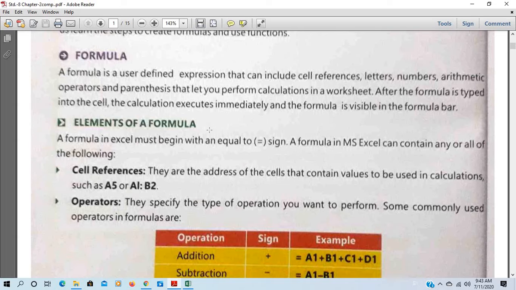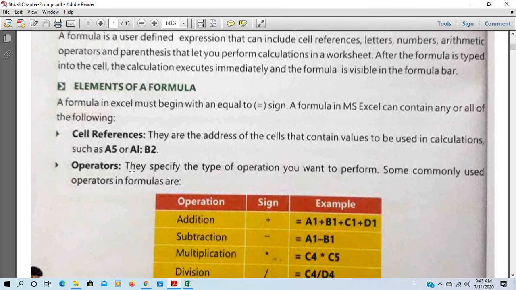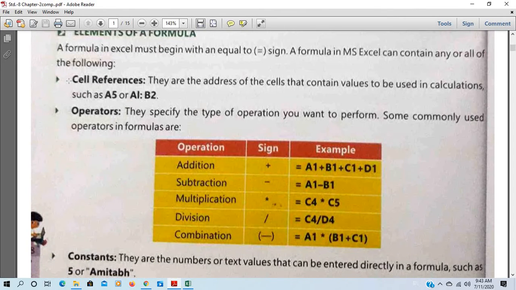What are the elements of a formula? A formula in a cell must begin with an equal to sign. So you should remember it. Without equal to sign, formula is not written. Equal to sign is essential, and it should be given in the beginning of the formula. A formula in MS Excel can contain any or all of the following. What should be in the formula? There may be cell references.